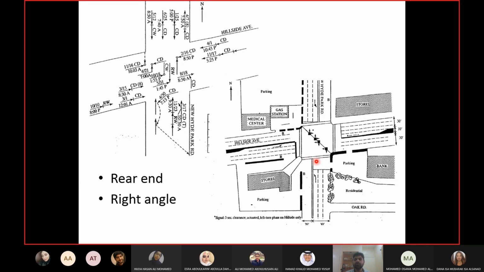If you look at that equation, we were using the dimension of the intersection, the p value and the w, and p and w depend upon the dimension of the intersection. Maybe the design engineer who was calculating all red took the actual dimension of the intersection, so he thought that the stop line is here where it should be, but in reality the stop line is behind the intersection. So maybe he did not account for this extra distance, so his calculated all red interval is not enough.